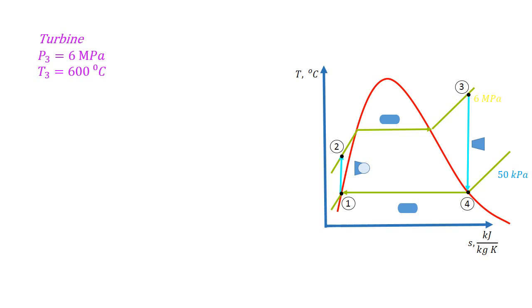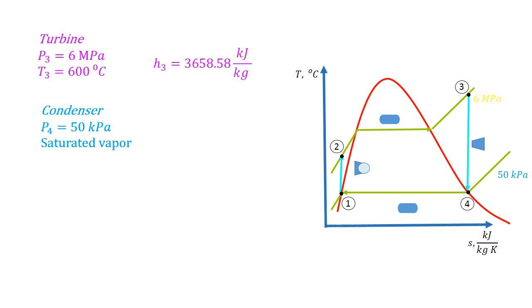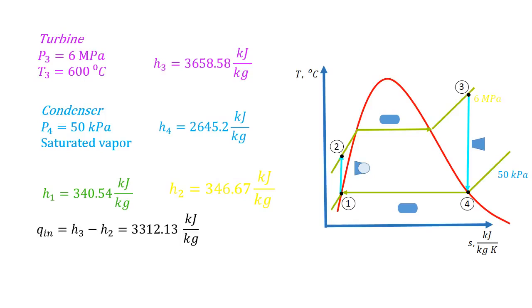For the turbine, using the superheated water table, the enthalpy is the following. For the condenser, using the saturated water table, the enthalpy value is the following. Now that we have all the enthalpy values, we can calculate the heat in and heat out to calculate the efficiency. The heat in is